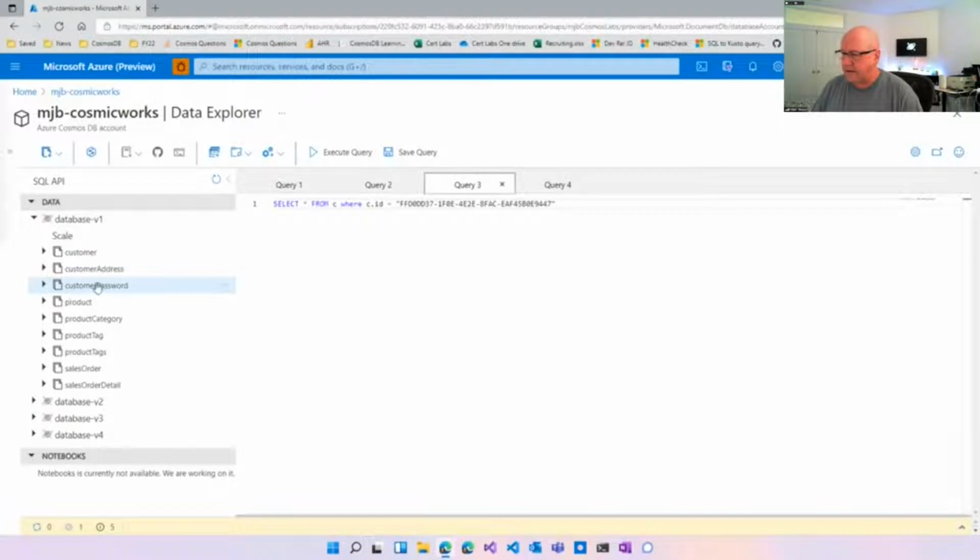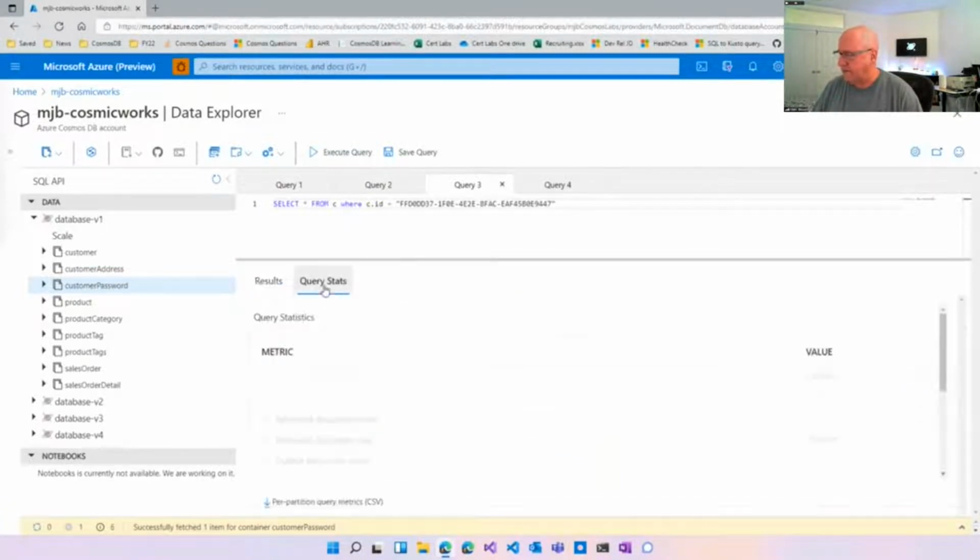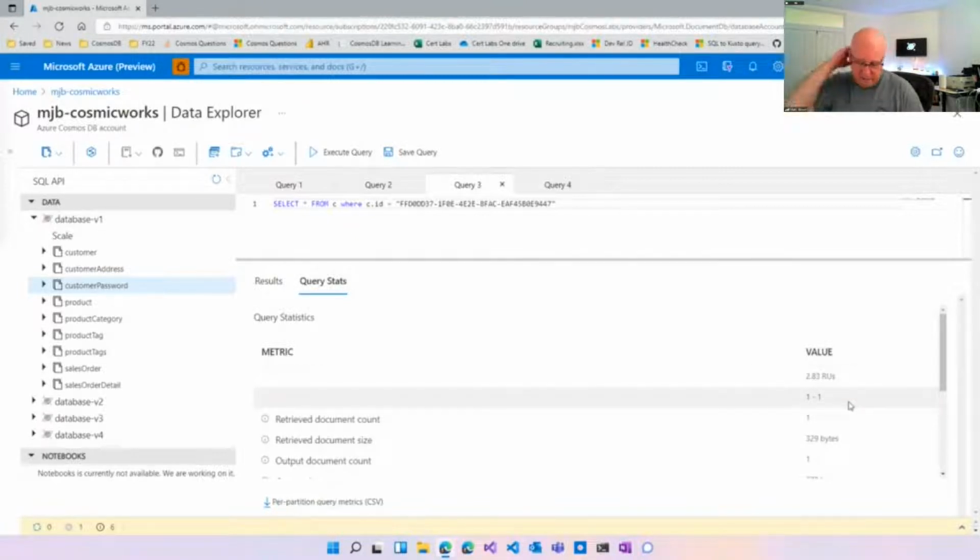And query 3, this is our customer password container here. Let's run that query. And there's our customer password data. And we've got 2.83 there. So we had 3, 11, that's 14, and another 3. So that's 17. So we had roughly 17 RUs as the cost for each of those 3 queries. And we had to run 3 queries to do it. So that adds latency to that. Let's go and look at